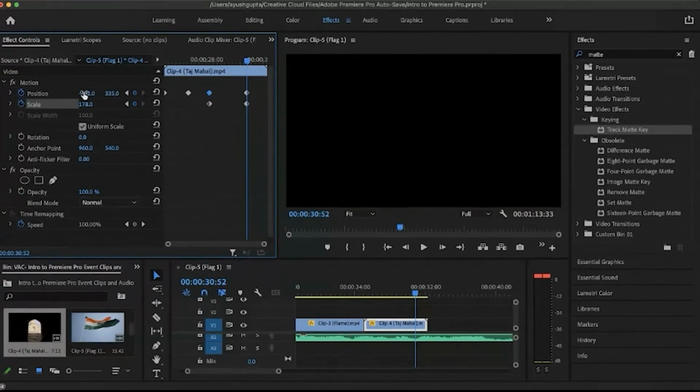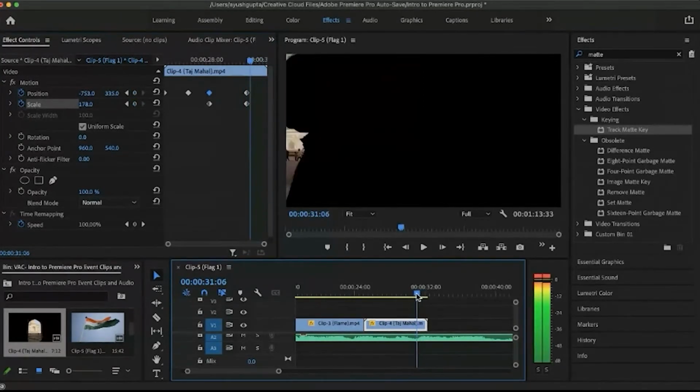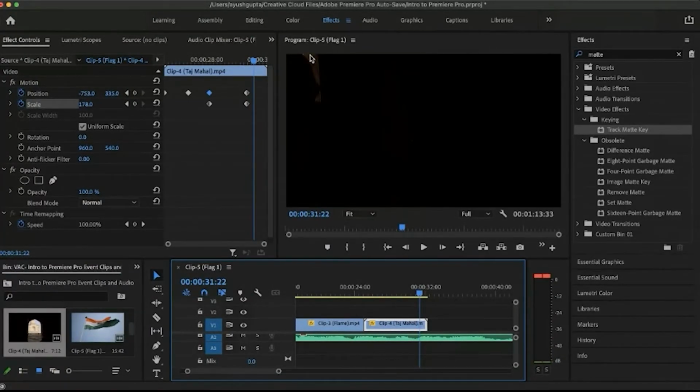So now here we see we faded out into the lady's face. And after this part, a few frames ahead, we can see there's a visible part of the gate. So after that, here, when the screen is completely black, I'll just cut the clip 4.